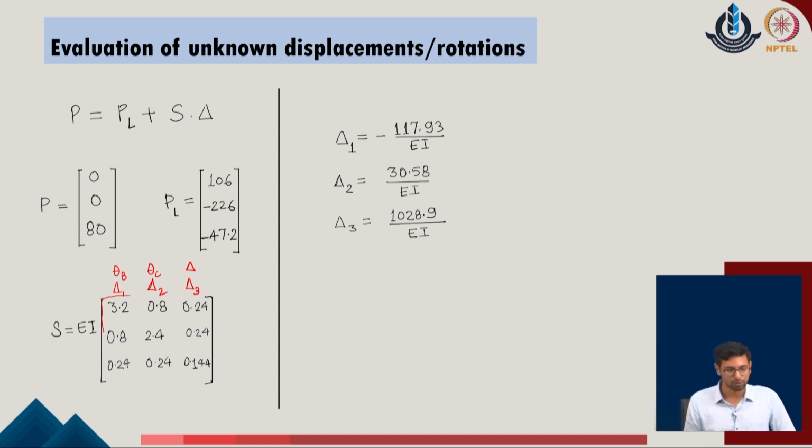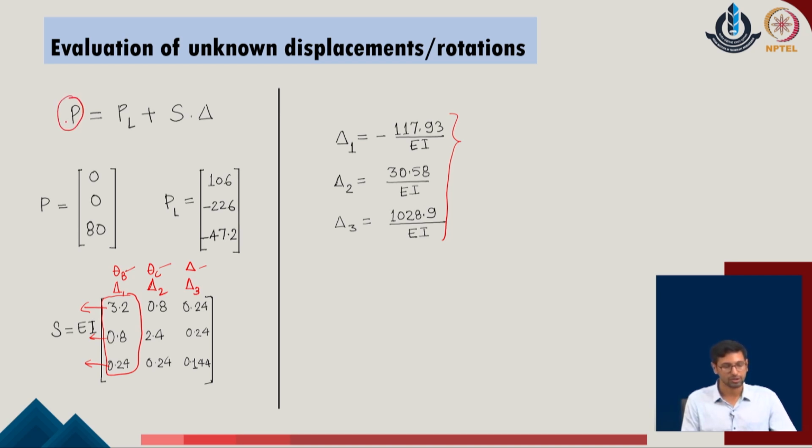So, these three values which have been added are the contributions in the directions of moment at the point B, moment at the point C, and the net shear in the direction of the given member BC or the delta direction, and these are contributed by the individual theta B, theta C and delta components of the given system. Once we have these values, we can evaluate the standard values of delta 1, delta 2 and delta 3 in the given problem.